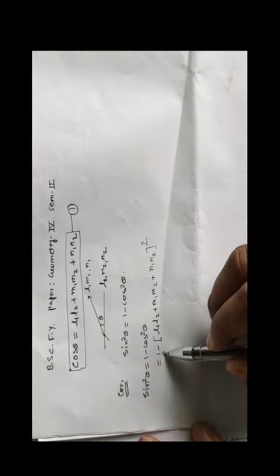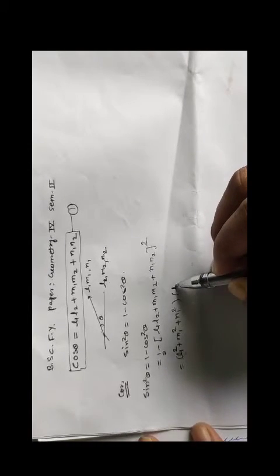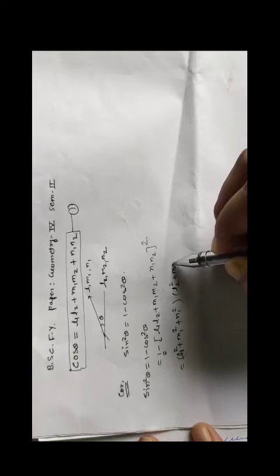So this square can be written as, firstly I am going to make an adjustment. How can we write this 1? We can write this 1 as L1 square plus M1 square plus N1 square into L2 square plus M2 square plus N2 square, and then the remaining term is minus L1 L2 plus M1 M2 plus N1 N2 whole square, isn't it?